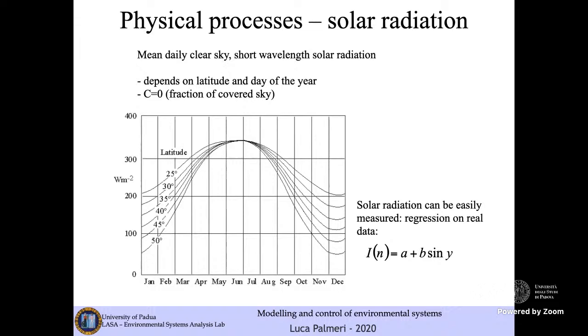In particular, if we take the mean daily clear sky short wavelength solar radiation, so we measure in watts per square meter the solar radiation in the short wavelength range in clear sky conditions, then we observe that the solar radiation depends on the latitude and the day of the year, as we have just said. It depends on the latitude, going from the equator to the poles, and on the day of the year, going from